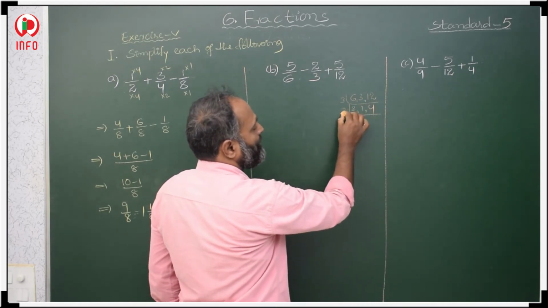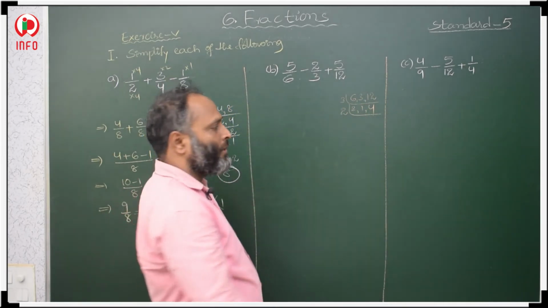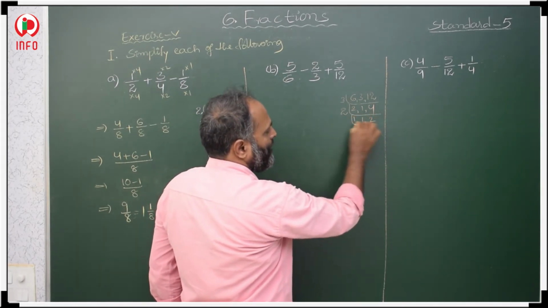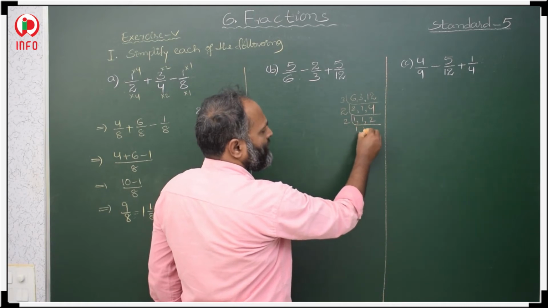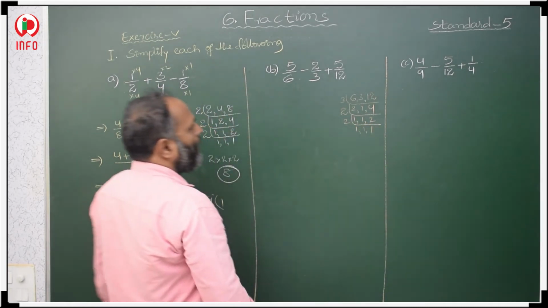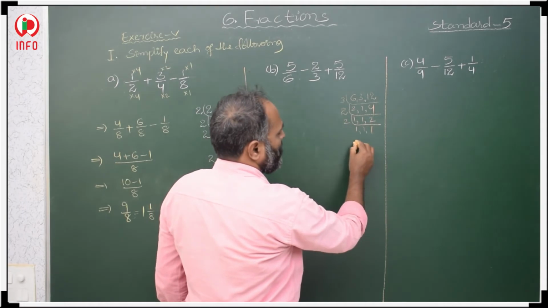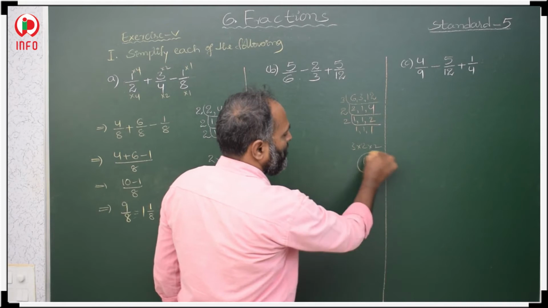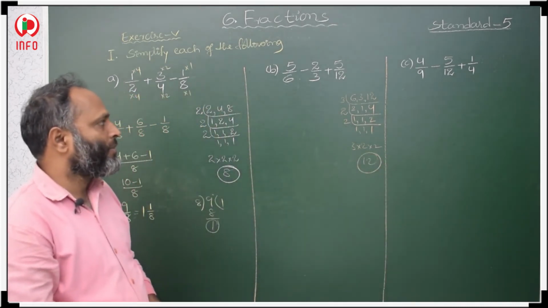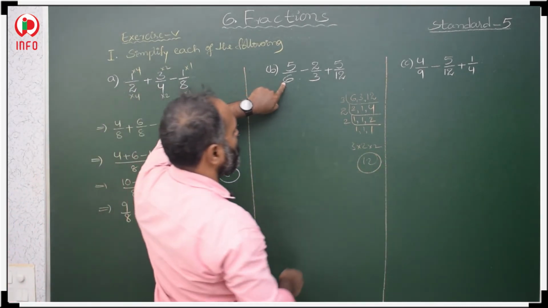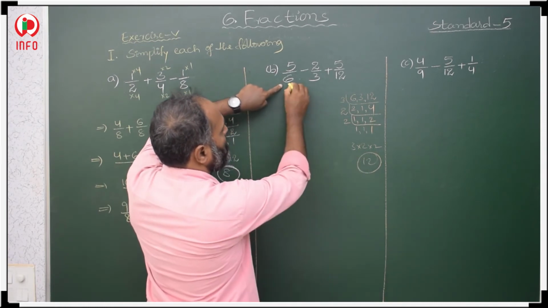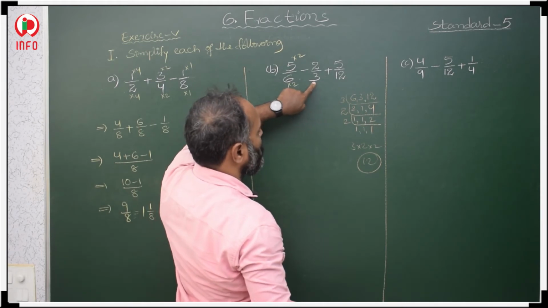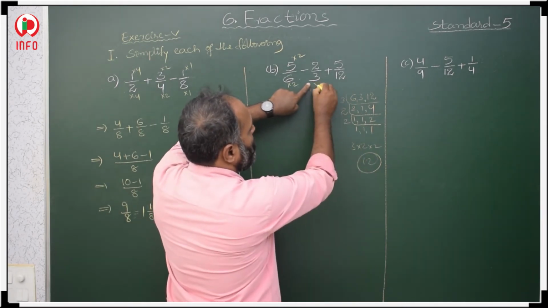These two numbers are even, then take 2. 2 1s are 2, this one as it is, 2 2s are 4. Again with 2, 1s are the same, 2 1s are 2. Now you multiply 3 into 2 into 2, 3 2s are 6, 6 2s are 12. 12 is the LCM. Now, in the first fraction, denominator 6, in the 6 table, when you will get 12, 6 2s are, multiply with 2. In the second fraction, denominator 3, in the 3 table, when you will get 12, 3 4s are.